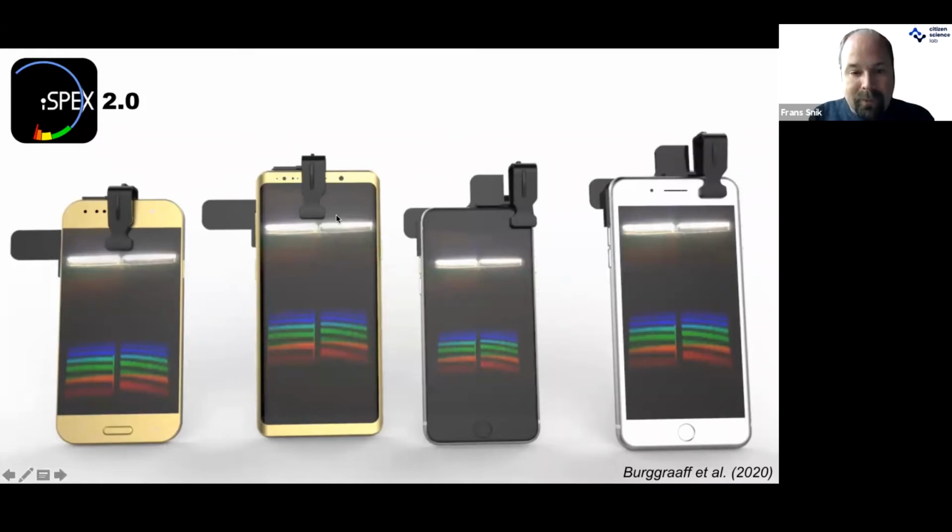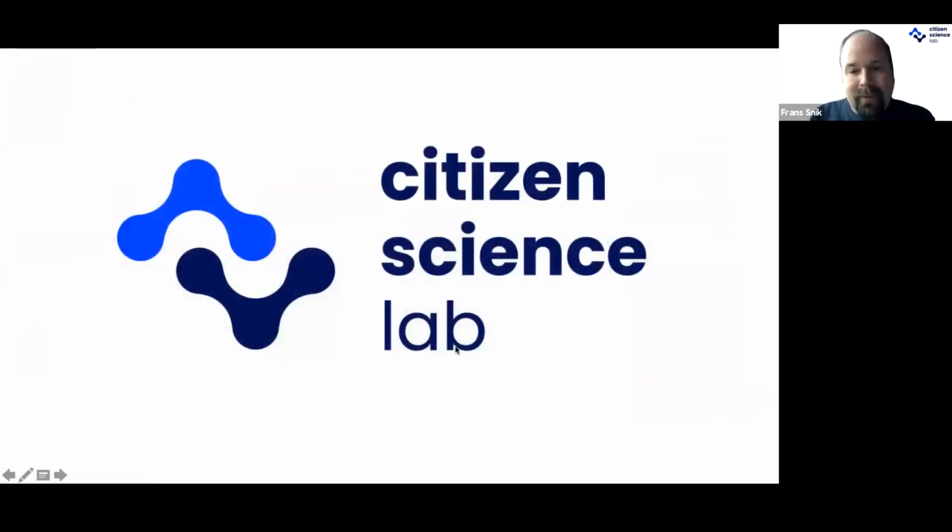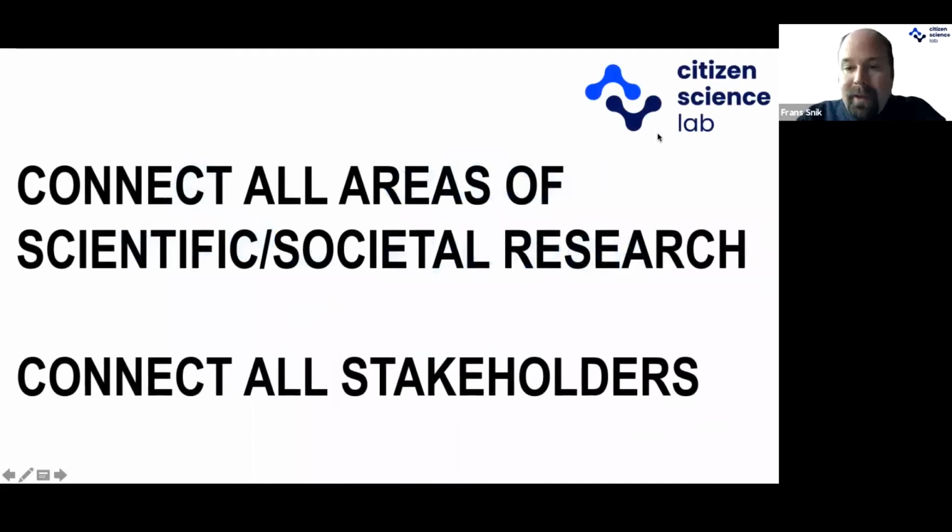So this is one of the projects that kind of spurred the development of the Citizen Science Lab, because of that project, a lot of our scientific colleagues, but also many other inhabitants of the Netherlands asked us questions about how we do this kind of citizen science. So this led us to the establishment of the Citizen Science Lab. We're here at Leiden University, but it's not just for scientists here at Leiden University. It's basically for everybody in Leiden and surroundings, the rest of the Netherlands, and everybody in the world who is interested in joining this.